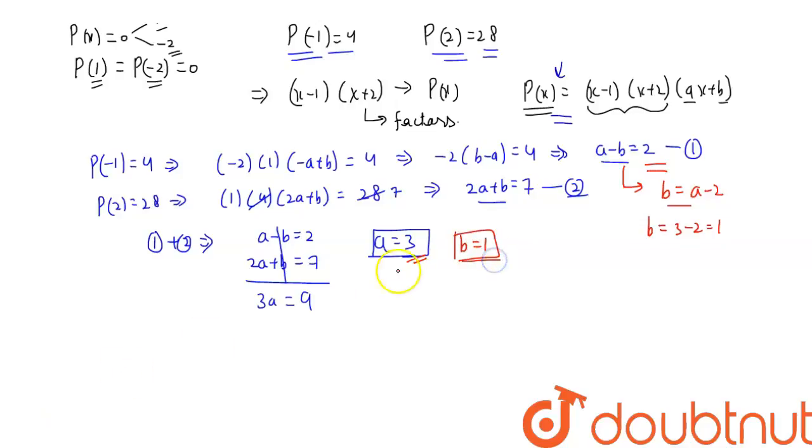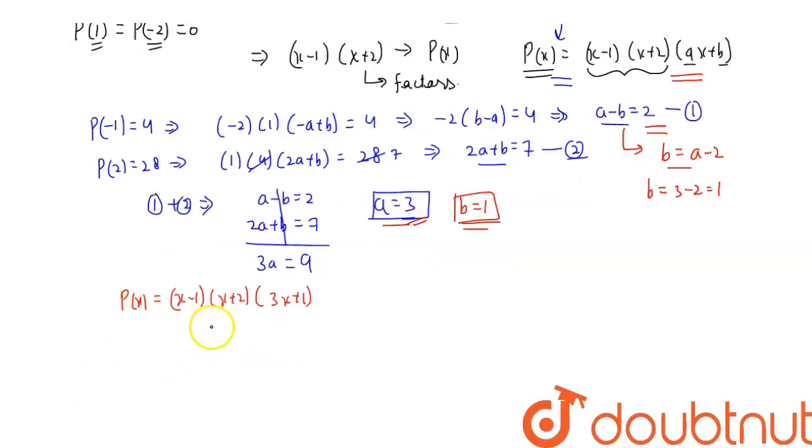Now since we know the values of a and b both, we are going to put these values here in this assumed polynomial p of x, and we get the real polynomial p of x as x minus 1 multiplied by x plus 2 multiplied by 3x plus 1, like this. Now in this question we were asked to find the p of i. So for finding the p of i, we are going to put x is equal to i in this expression,